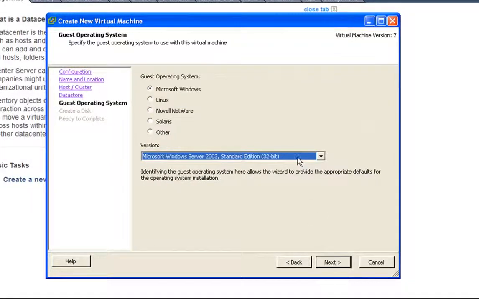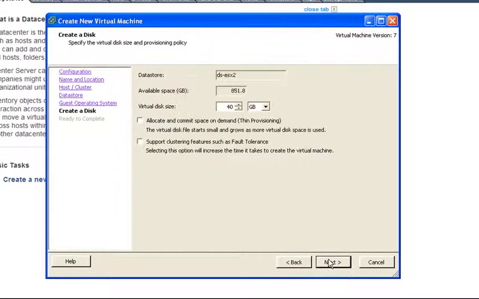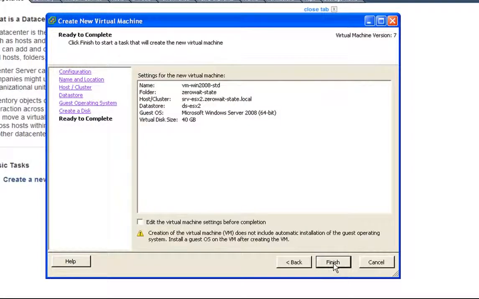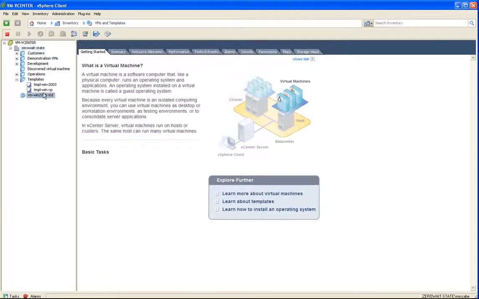This particular virtual machine is going to be Windows 2008 64-bit. And I'd like to enable thin provisioning, and that looks good. So now to get the operating system on this virtual machine, I need to mount my